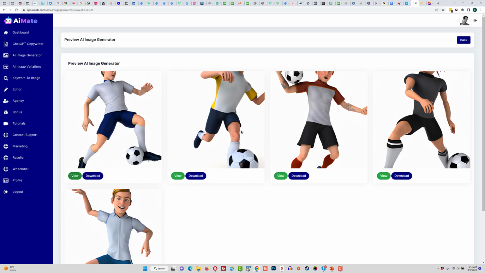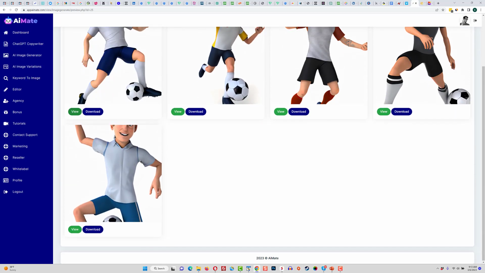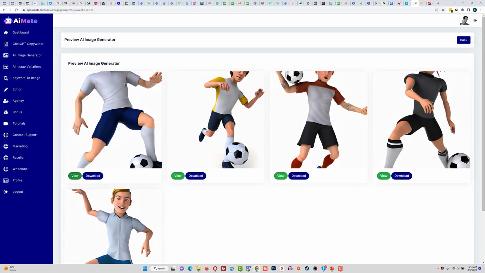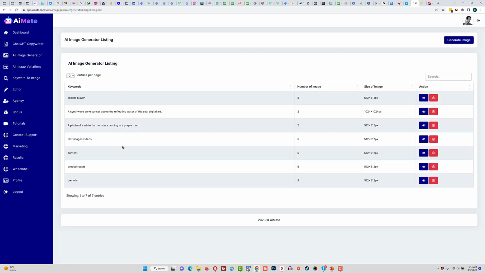You also would be able to use these in ads. So if you created an ad about how to play soccer, you could add this photo or image there as well. It'll do photos, it'll do renderings like this. So you could generate AI images as well. And there's really no limit to the ones that you could do. You just do generate image, you type in what you want, and boom, you're able to create it.